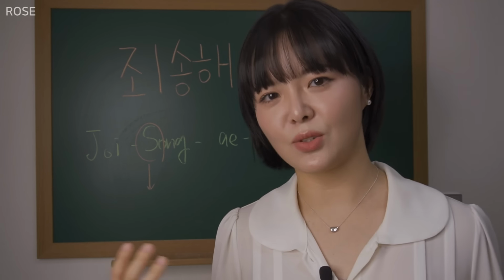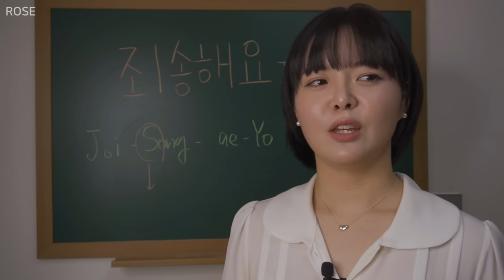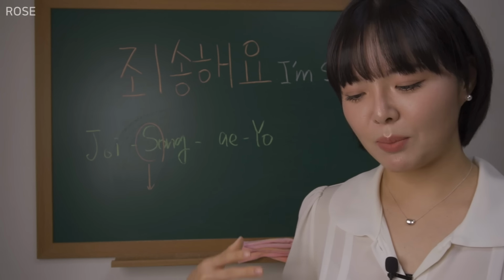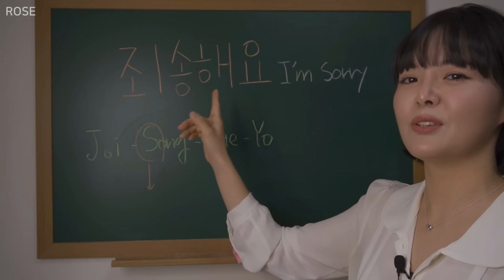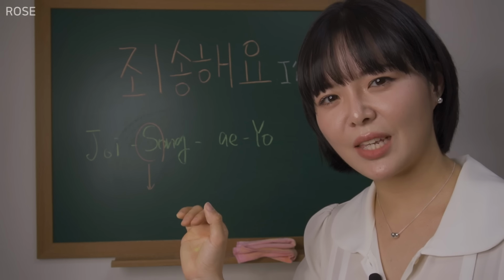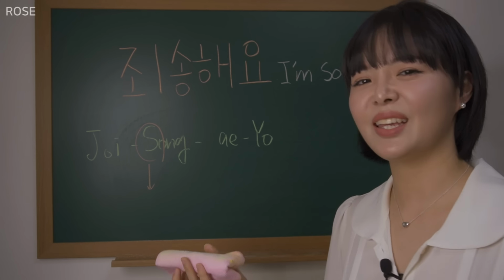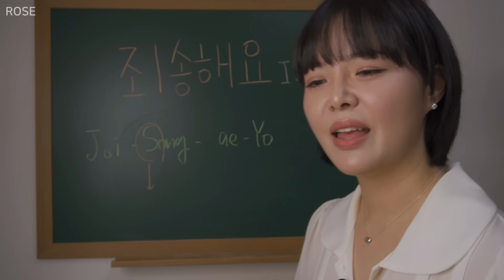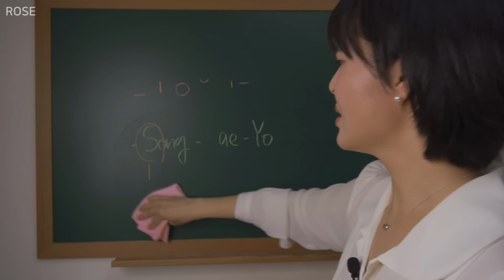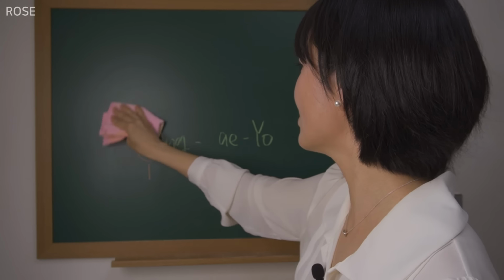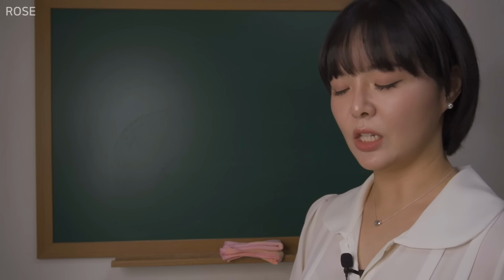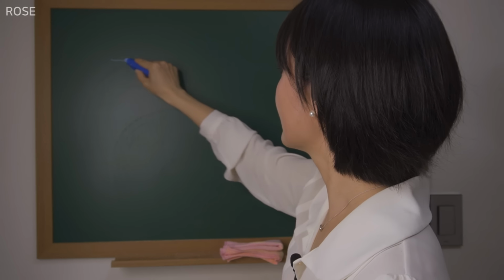So if you bumped into someone, 죄송해요. If you made a mistake, 죄송해요. You stepped on someone's toe, 죄송해요. It works in every situation where you should say I'm sorry. How about excuse me? Let's say you're in a crowded area and you just want to go through the crowd. You could say get out of my way, right? So how do you say it? In that situation, the most proper way you can say is